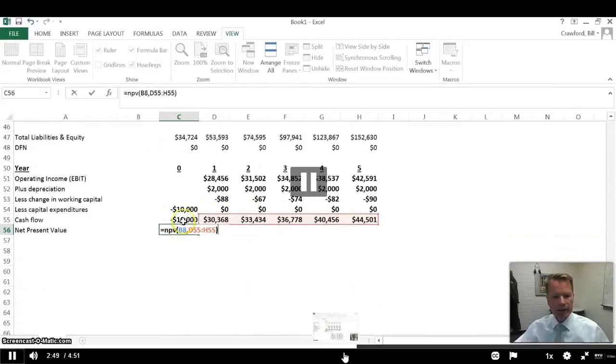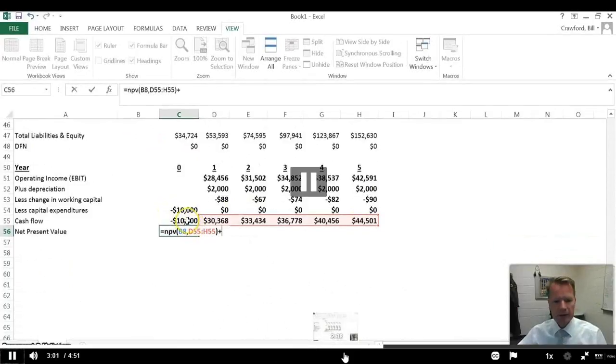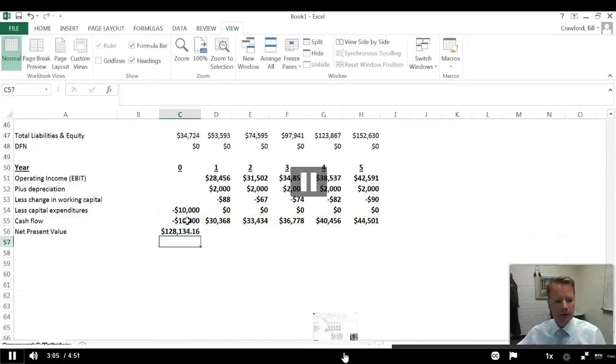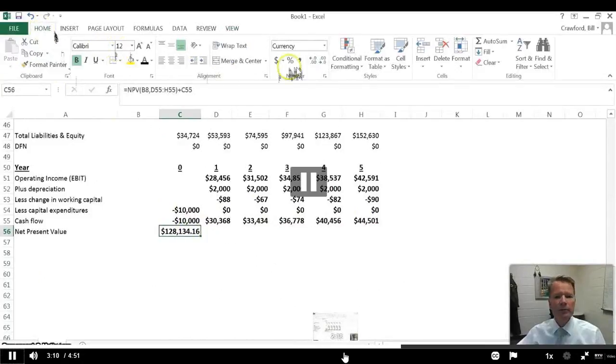But we also had to put in this $10,000. So we need to account for that somehow. Since $10,000 today is worth $10,000 today, let's just add that in. All right, let's see what this gives us. All right, well, down to the penny. Now, I don't know about you, but with all the assumptions I've made, I don't know if I can count on this being accurate down to the penny. This says that our net present value is